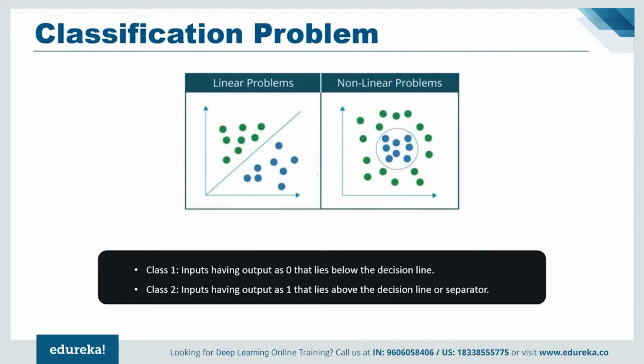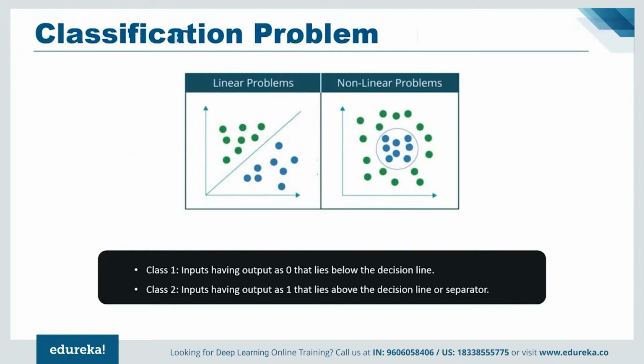Now, one can categorize all kinds of classification problems that can be solved using neural networks into two broad categories. One is linearly separable problems, and the second is non-linearly separable problems. A problem is said to be linearly separable if you can classify the dataset into two categories or classes using a single line. For example, separating cats from other groups of cats and dogs.